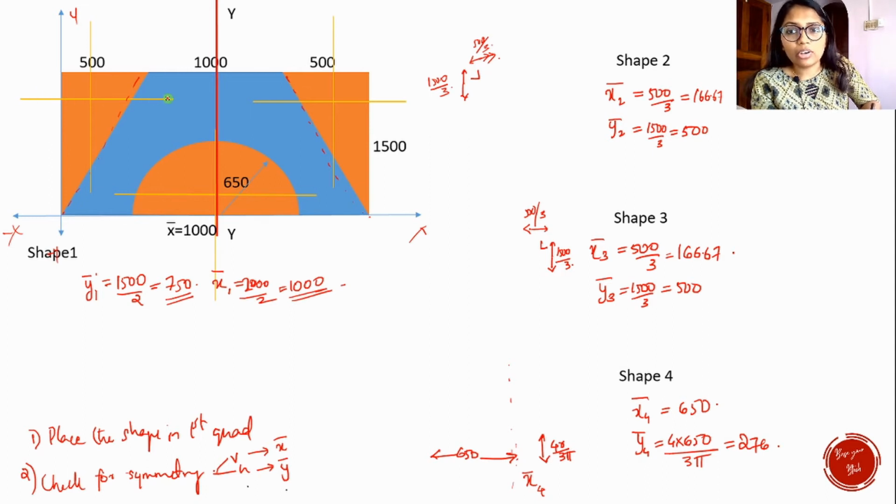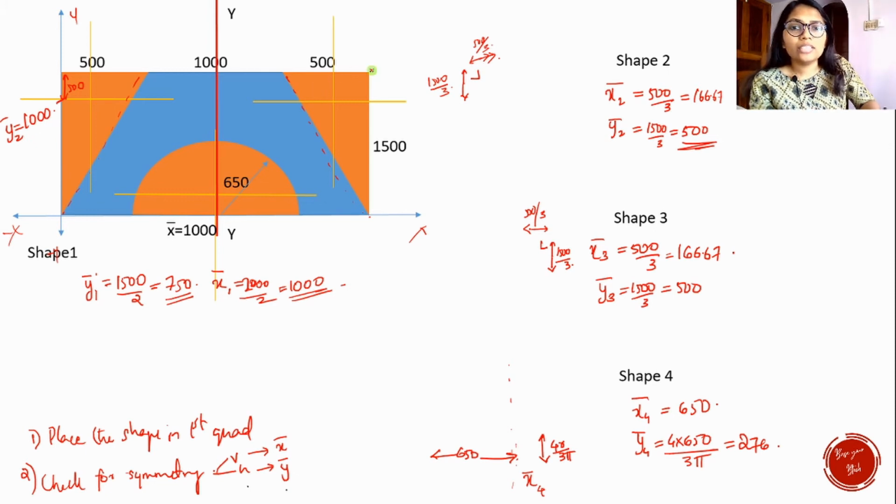See, we have to locate this axis on the first quadrant. I mean, we know that this length is 1500 by 3. It is about 500 taken from the top. So this is 500, what will be its coordinate on the xy system? The complete length is 1500, isn't it? So 1500 minus the top 500 will give you 1000. So this is your y2 bar. Actually 500 is the length taken from the top, but when mentioning it on the first quadrant, we have to write y2 bar, or the coordinate, as 1000.